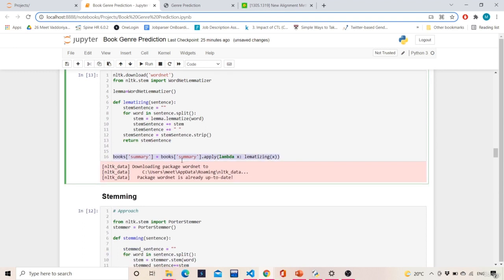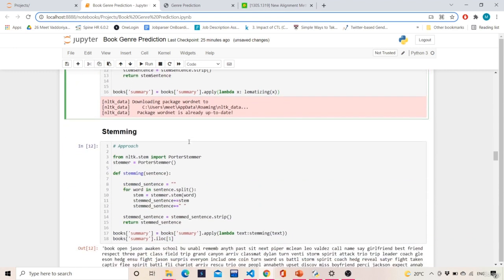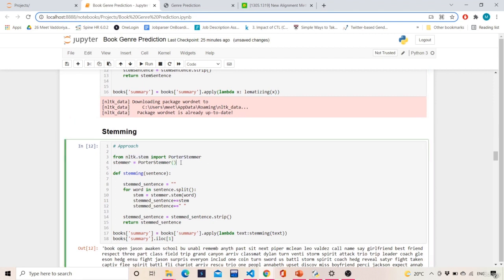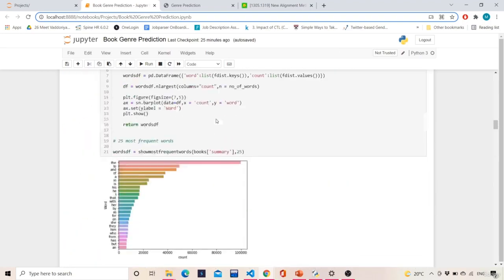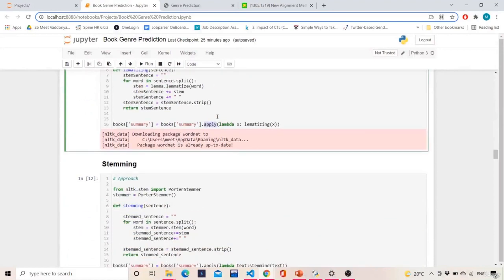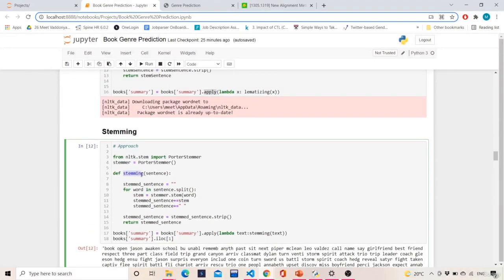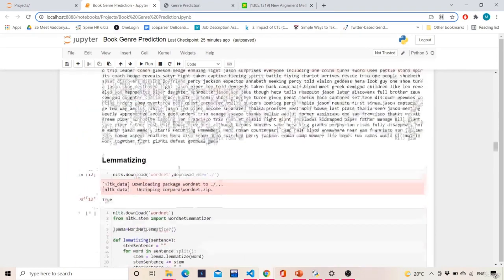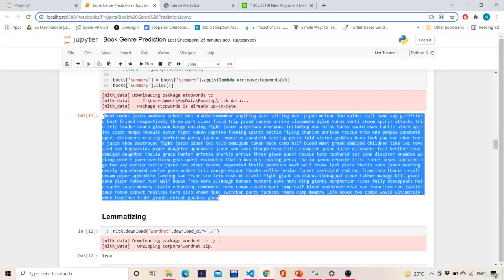Now the next thing after lemmatizing is that we have to stem the sentences. For stemming, we will import a library known as Porter Stemmer, which is present in nltk.stem. Then we will set an object of it, stemmer equals Porter Stemmer, and then we'll define a function. Defining functions is very important because it will directly do the task for us. We just need to use the apply function over here, as we are doing in so many cases above as well, right? So we'll define a function named stemming, which will take this sentence as a parameter.